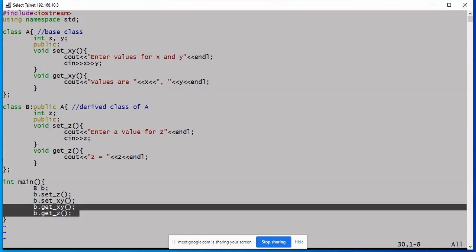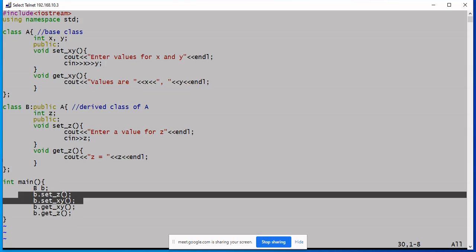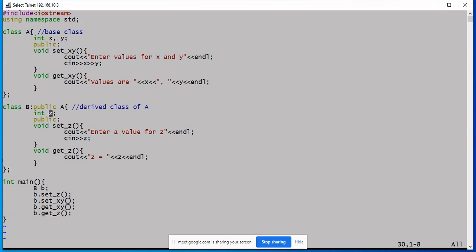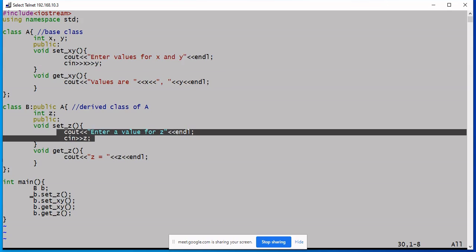Think about it. With one function call, I should be able to set the values for z as well as x and y, meaning this code plus this code should be displayed at once with a single function call.